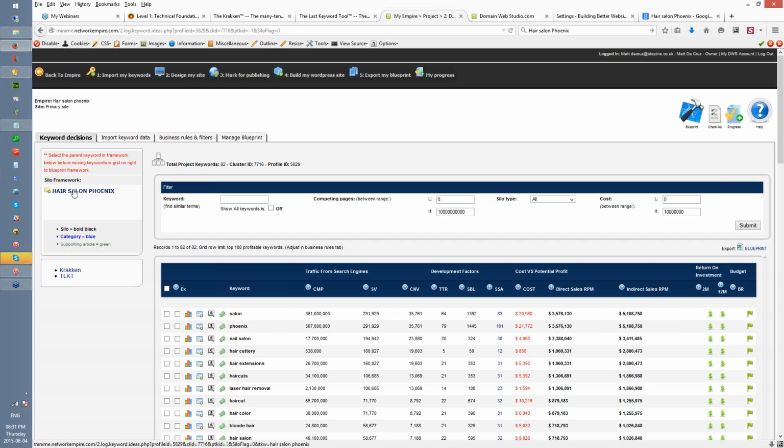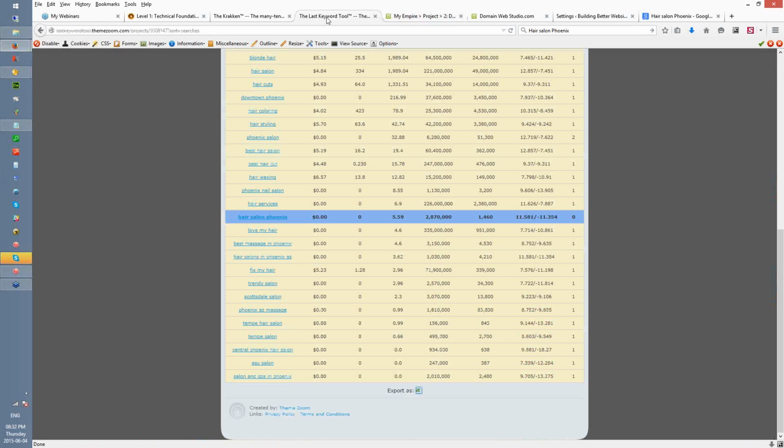Now, this is the index page of our site. I'm on the keyword decision screen, and I'll explain what the screen does shortly. But here we're at the top level of our site. This is the index page, and at the moment we've got it set to Hair Salon Phoenix. This is the keyword we want to get ranked for. We're going to build out a web page underneath the site over here. Now, if we jump to the last keyword tool,